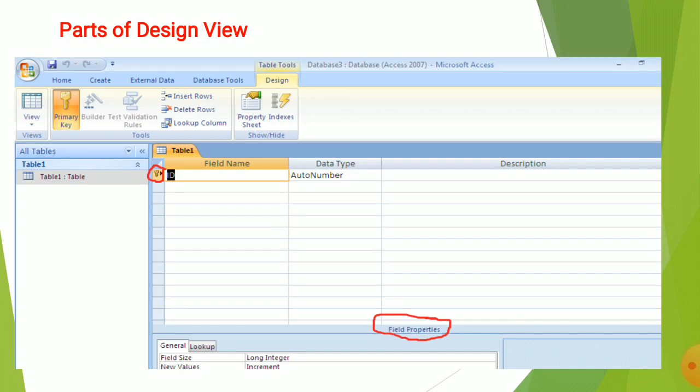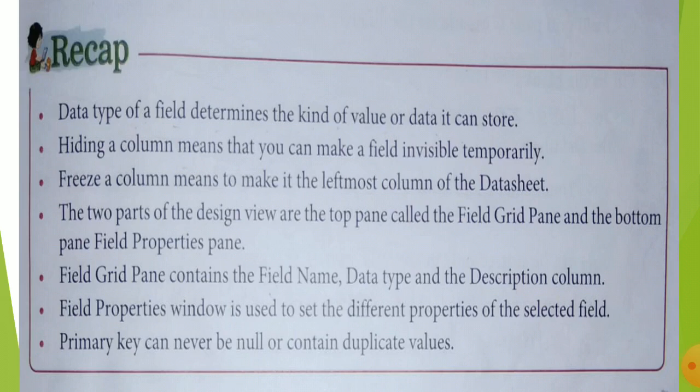For the field you select, only that field's properties will be visible in the field properties pane. So students, now again come to our recap part. On the fifth point, the field grid pane contains the field name, data type and description columns, and the field properties window is used to set the different properties of the selected field.